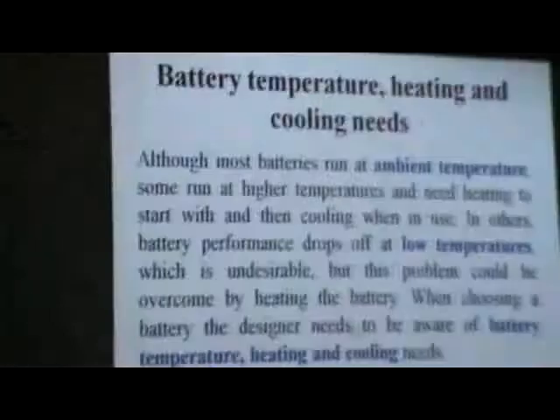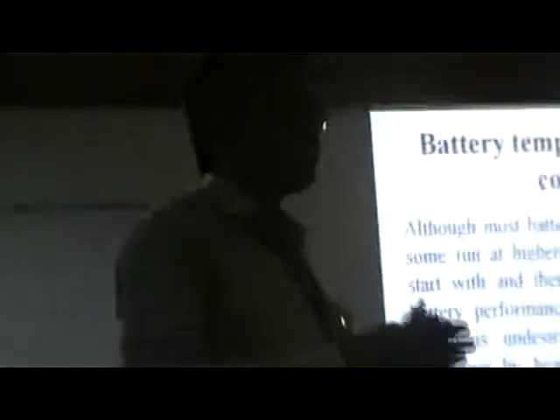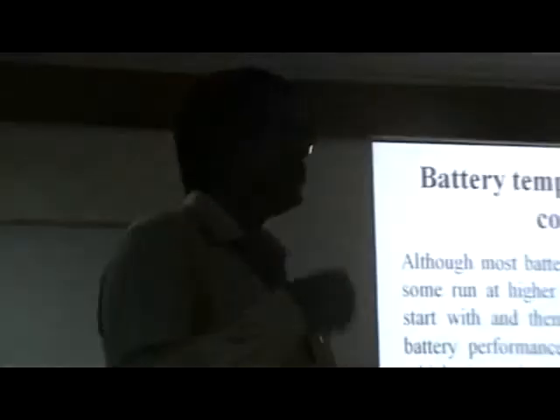If you want to maintain the battery temperature, over temperature also evaporates some amount of chemicals. With less cooling, there is a dilution problem, and a chemical reaction problem also. Then there is heating. The battery automatically produces some heat because of the chemical reaction, continuously charging as well as dissolving. If proper ventilation is provided for your battery, then it is very safe and your efficiency is going to increase.